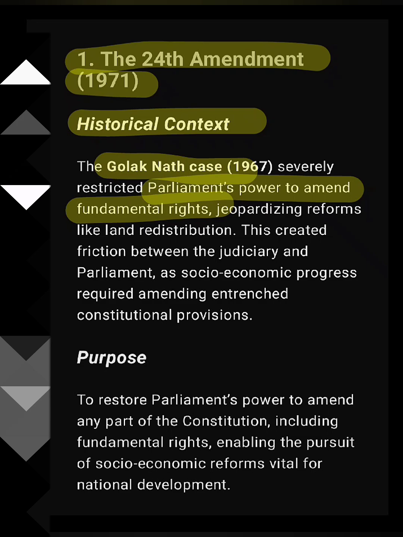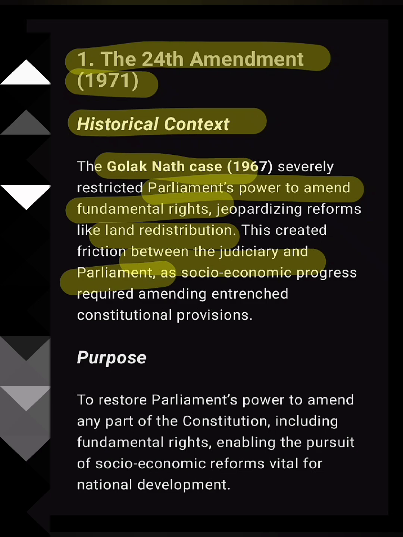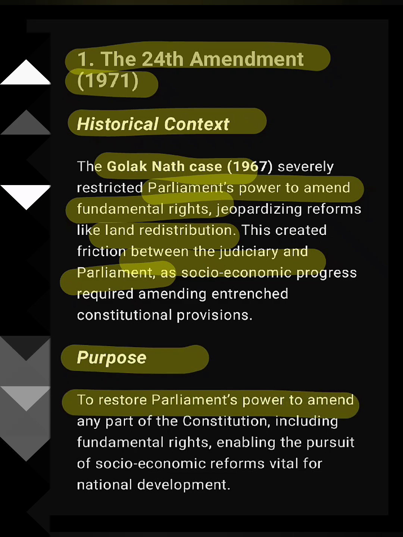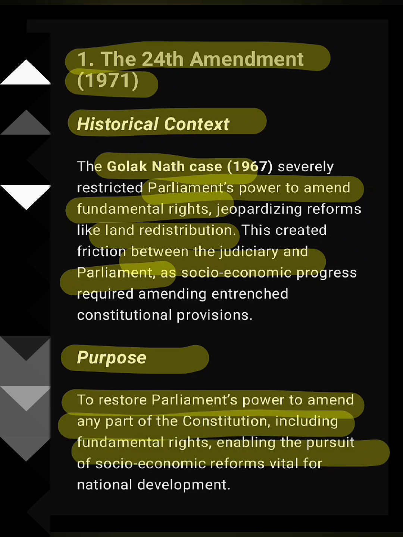amend fundamental rights. So this verdict by the Supreme Court also hindered the various reforms carried out by the government, like land redistribution, and this also created a friction between the judiciary and Parliament, and now the government felt a need to amend the constitution. So basically the purpose of this amendment was to restore the power of the Parliament to amend any part of the constitution including fundamental rights, so that it can facilitate the government's effort of socio-economic reforms which are vital for